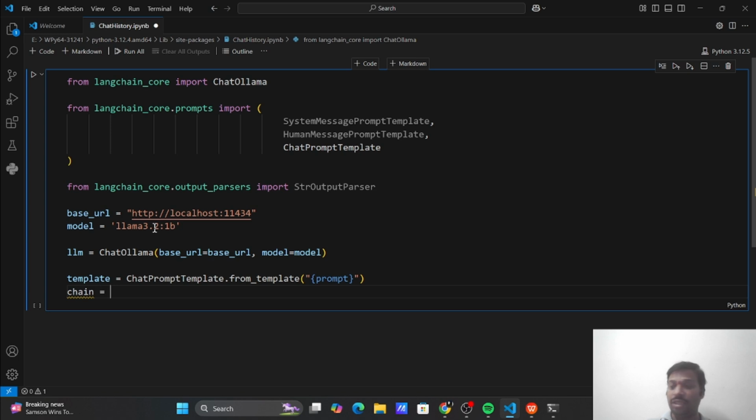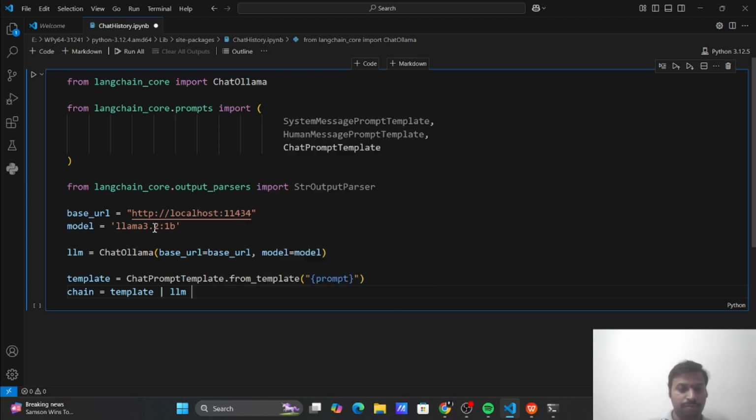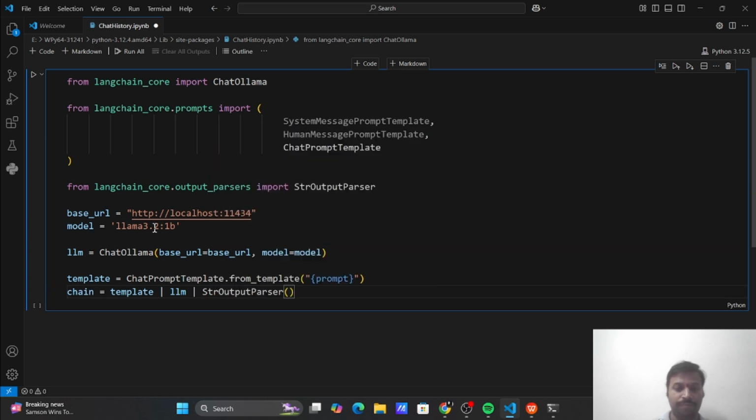Now let's chain all these things. So first we are taking the template, followed by the LLM, and followed by your structured output. Structured output first. So this is what we are going to see. Now let's give something like